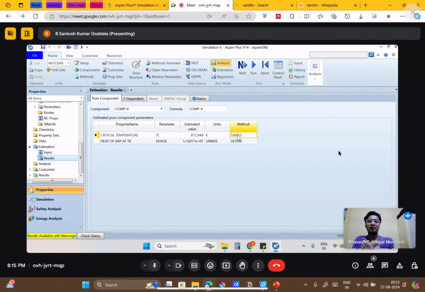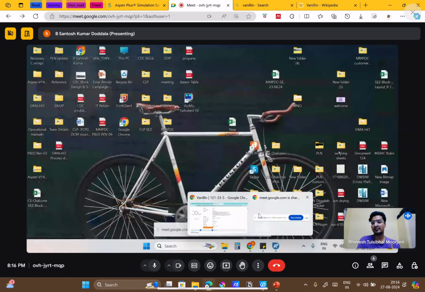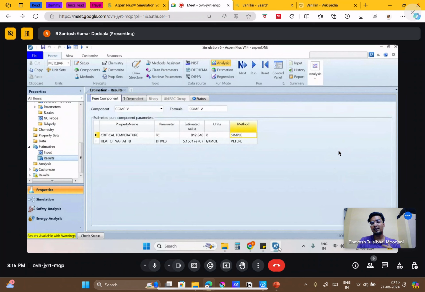Let's say your compound has one alcohol group and one amine group. To find its boiling point, the alcohol group will contribute some amount, and the amine group will contribute some amount. So this method has such equations, and based on what groups and atoms are present in your compound, the coefficients defined for each group, which are fitted based on experimental data, are used. It has identified the functional groups or atoms present in the system, and based on that it has calculated the TC value.